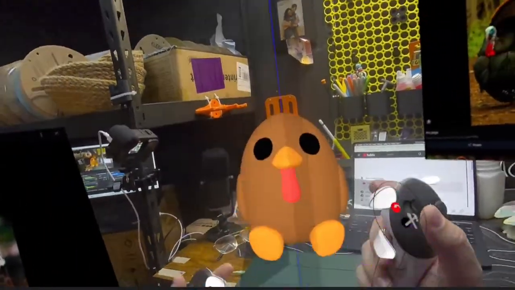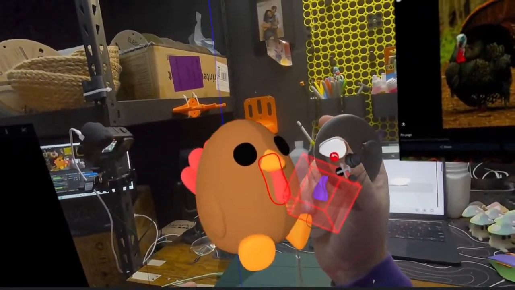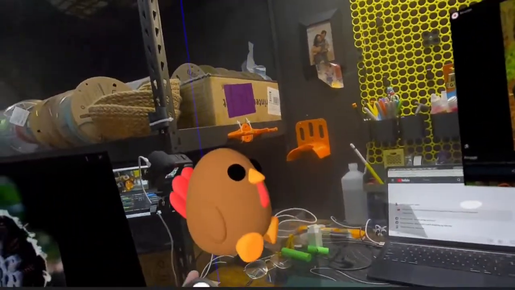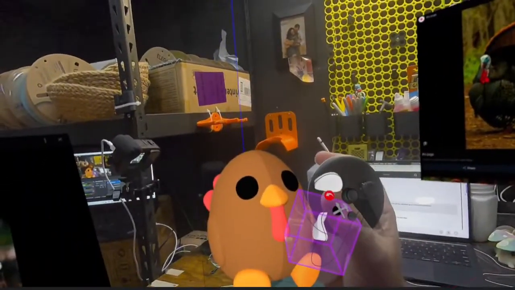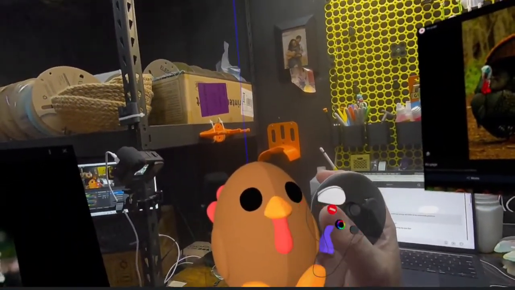I feel like that's pretty much exactly what I was going for. It's a really basic shape, but I'm kind of shocked that that's exactly what I was thinking.